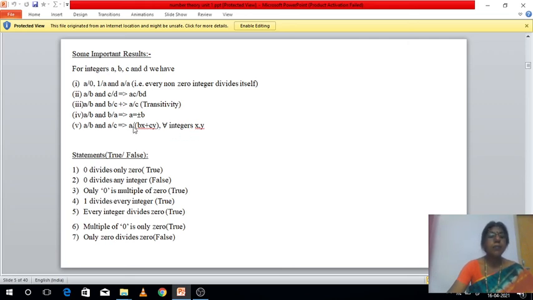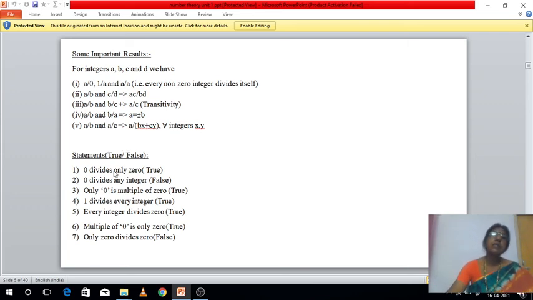In some books we have A divides Bm plus Cn, where m, n are integers. That is your choice. A, B, C are given in the statement, but x, y are integers, so in place of x, y you can use m, n. Just for integers you can give any symbol. So in some textbooks we have A divides mB plus nC like that.